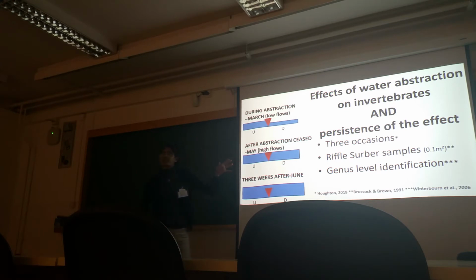In this river system, I had a very good experimental design, which is not good for the river, but it's good for my master's thesis, in which, in the summer period, that's the period when the farmers take water. It's also the period when there are naturally low water levels in the river. So the red triangle points to where the water abstraction is.